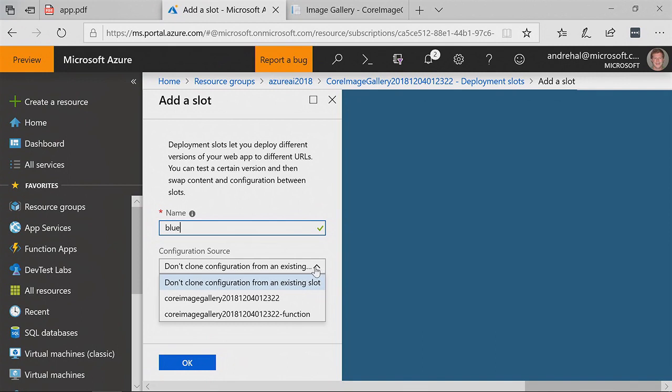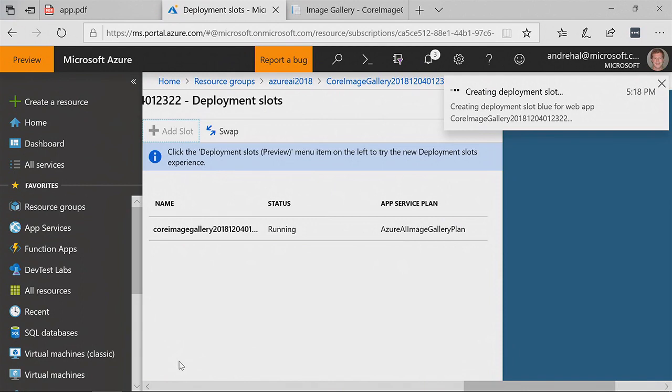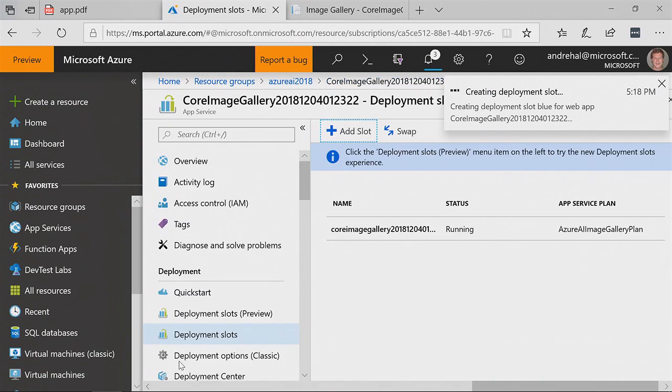Stage. And then as you were showing the app service settings a little bit ago, I can choose what I want to do from a configuration. Do I want to clone my configuration? Do I want to share my connection strings? Or do I want to have my own copy and potentially use different storage and a different SQL server here? For the purpose of this, I'm pretty confident in the quality here. So let's go ahead and clone just our regular environment. We'll run against the same storage and the same SQL. That's not a problem.